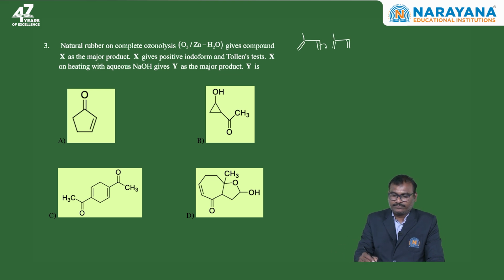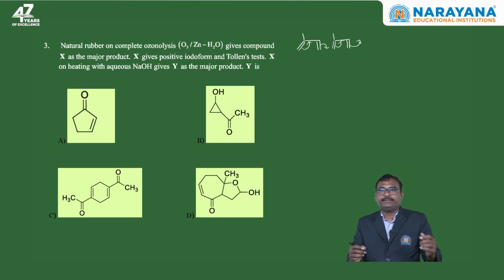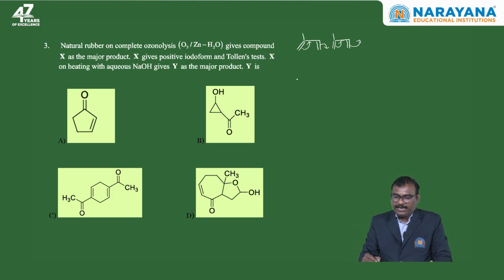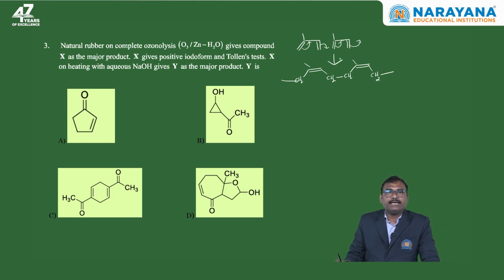2-methyl-1,3-butadiene. When it undergoes polymerization like this, then the polymer obtained will be like this. Natural rubber is a polymer of 2-methyl-1,3-butadiene, or isoprene, which on